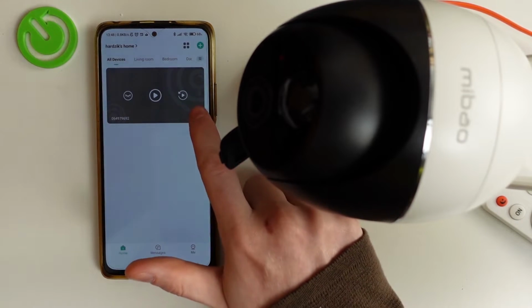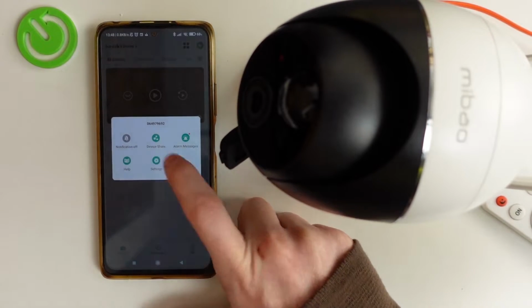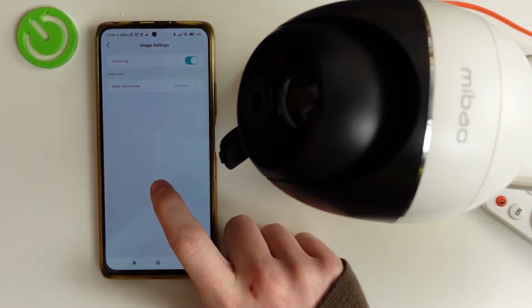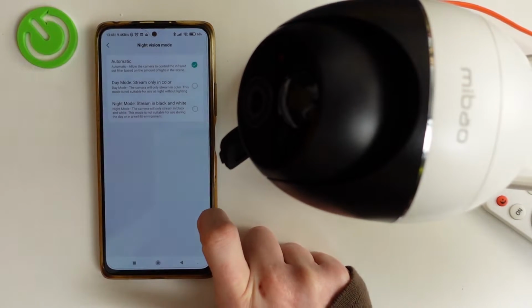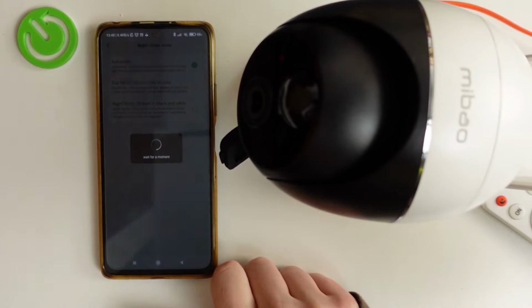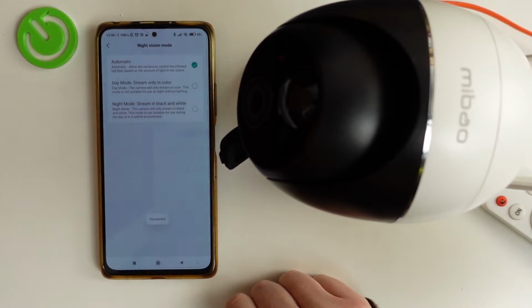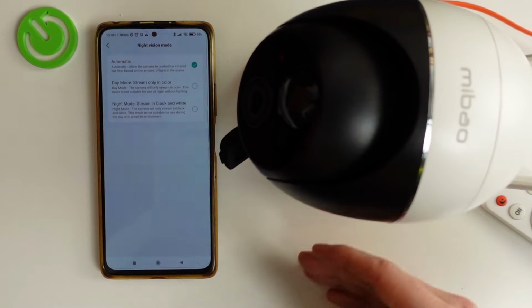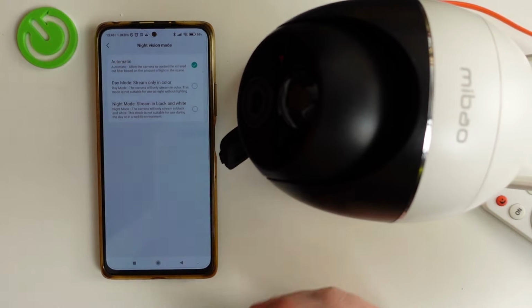So right here, click on the settings button for the camera, navigate down to find the image settings, enter night vision mode, and here you can either use automatic mode so that the camera will adjust the color of the image for a specific time of day. That means when it's sunny and you can see anything outside, or when it's night and the screen will turn